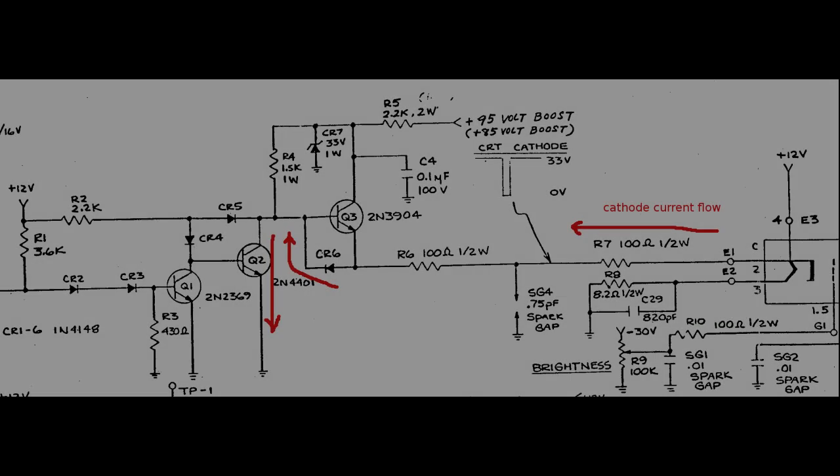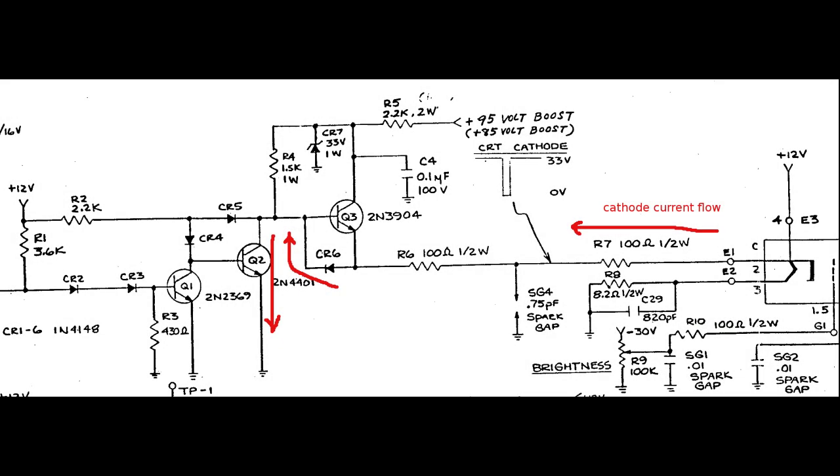The cathode current first flows through R7 and R6. Then we have Q3's emitter that's in the wrong direction and CR6 anode that's instead forward biased. Then all paths through R4 have no ending to ground. CR5 is reverse biased, so the only possible way remains through Q2, if it can turn on, of course. Q2 can turn on only when Q1 is off and a sufficient voltage still exists on the 12 volt rail too. Q1 can be turned off by the PET TTL intensity signal